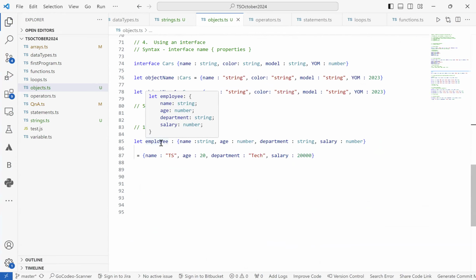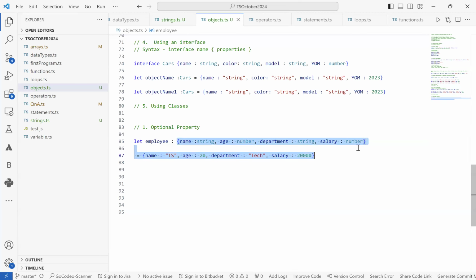So now if you see, this is exactly similar. However, we have defined the structure. But let's say I do not want to provide the salary information, how can we skip these kinds of things? Or if for some values we have to define the structure, then how can we utilize those kinds of things, right? So for that, we have to make this property optional. How do we make the property optional? By just placing a question mark on the property, on the key that we are trying to define. So what it will say is, now it becomes